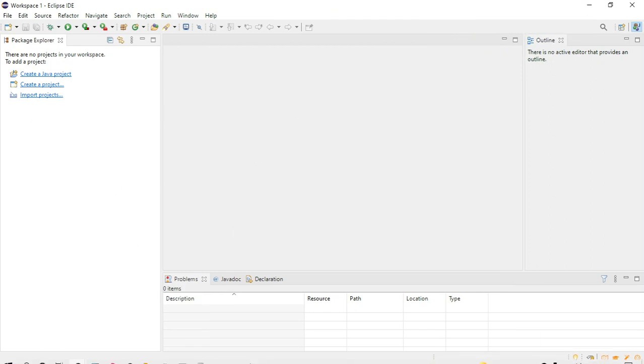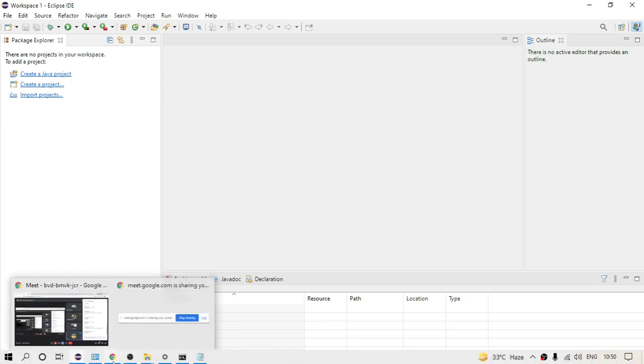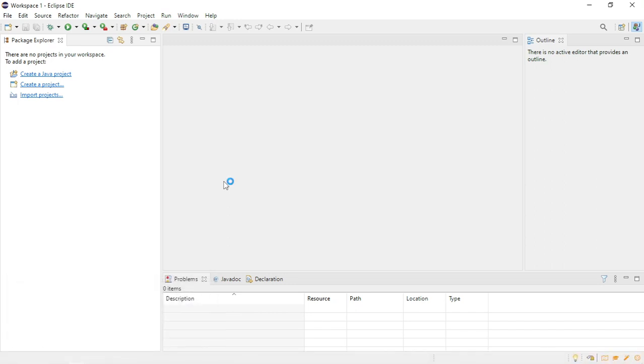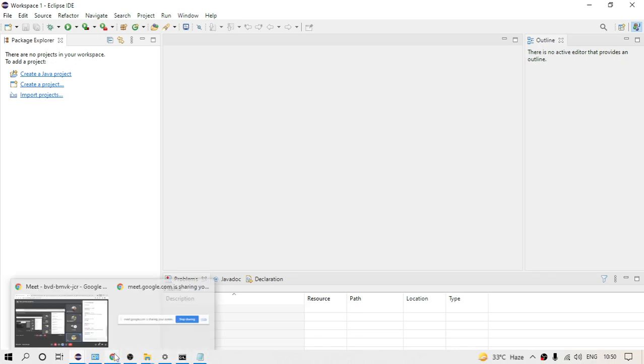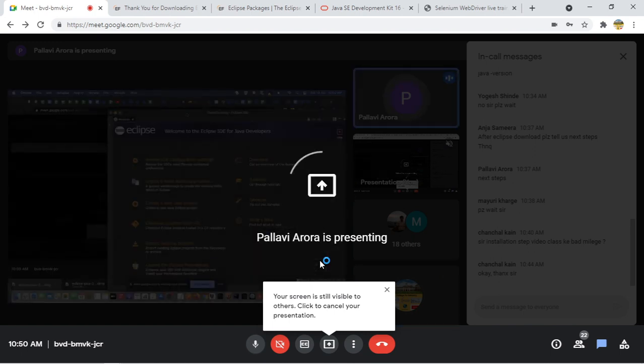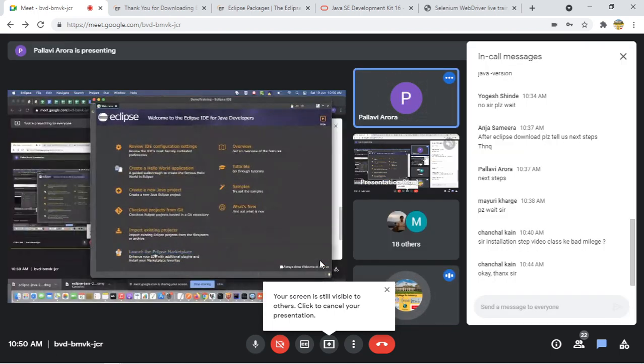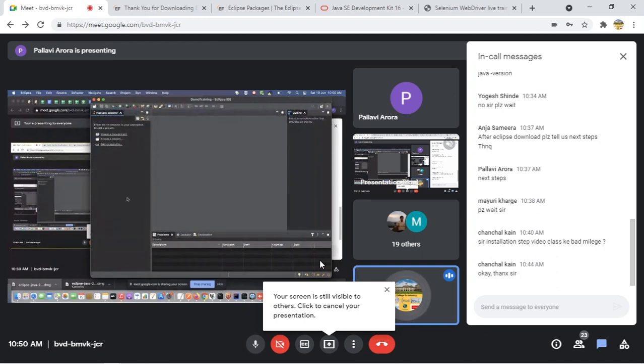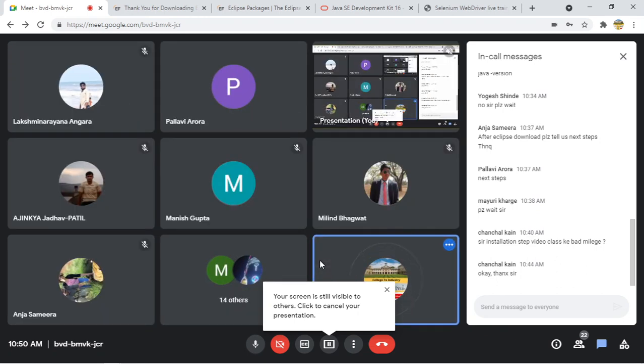Which option did you select after launching Eclipse? On the top right there will be a hide button, that I have clicked. Am I audible? Which option do I need to select here? Click on hide on the top right. Yeah, this one. Now I think we are on the same one. Okay.